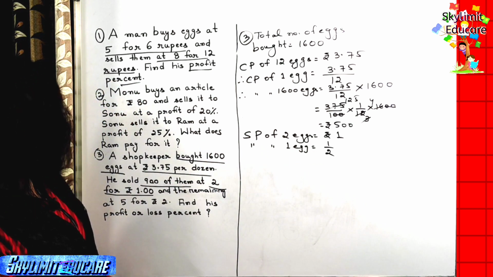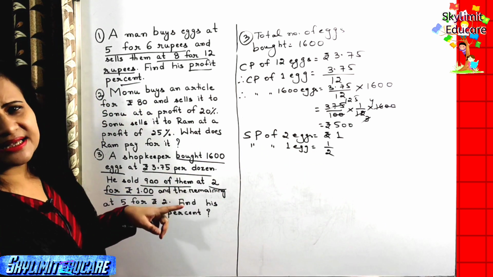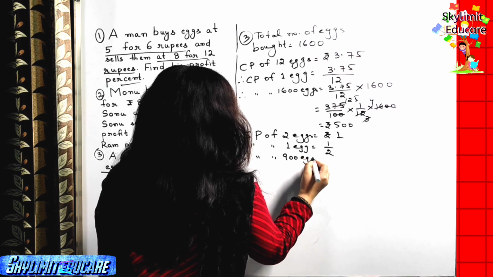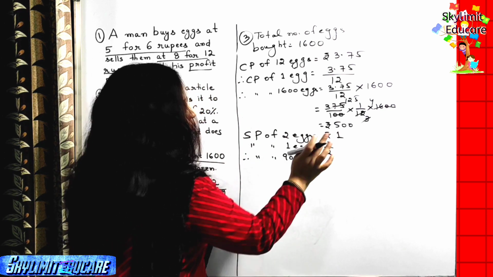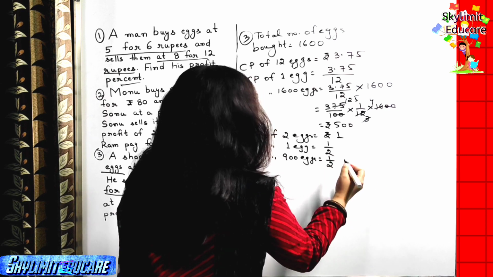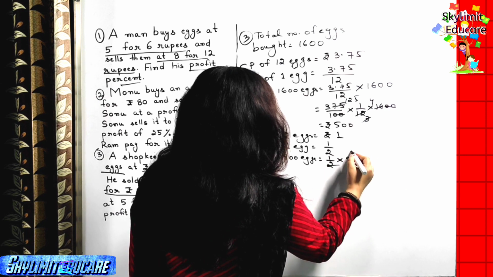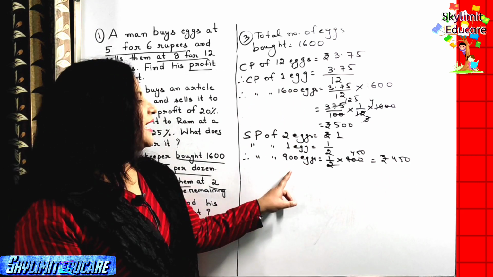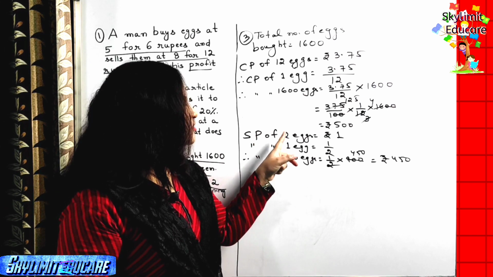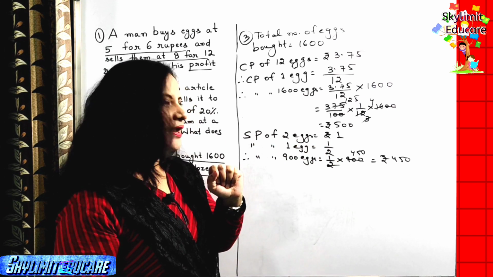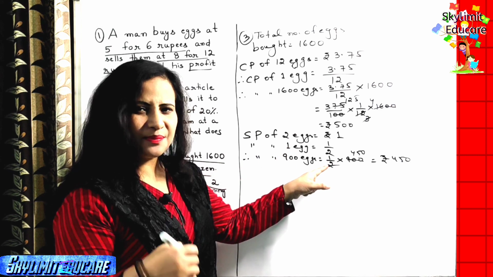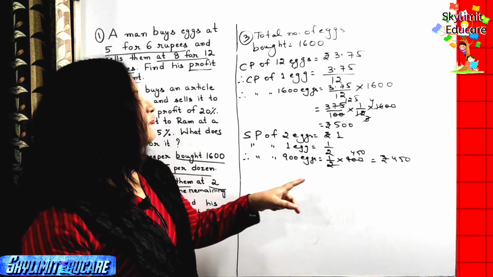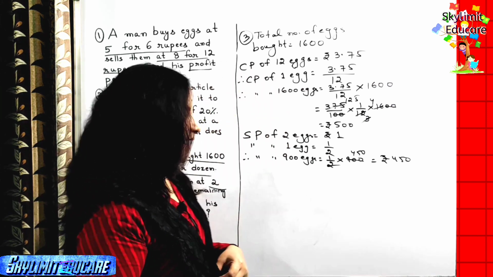But how many eggs did he sell in this manner? He sold 900 eggs in this manner, right? That means now first let us find out the SP of 900 eggs which were sold at 2 for rupees 1. So third step will be what? Multiplication. So we got here rupees 450, right? So we found out the selling price of 1 egg and the selling price of 900 eggs. So the shopkeeper received 450 rupees by selling the first 900 eggs.